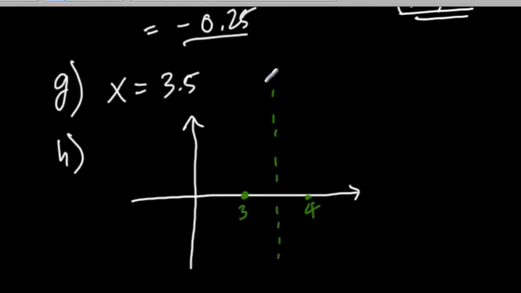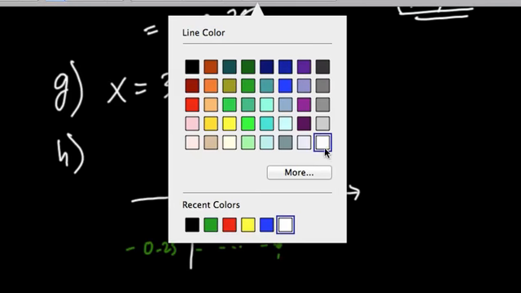So this is going to be x equals 3.5. This is the dividing line for our parabola, the symmetrical part. And we know the vertex is going to be at negative 0.25, right? And one other thing we know is that our y-intercept is going to be at 12. So using all these points, we're going to determine where this is going to be,